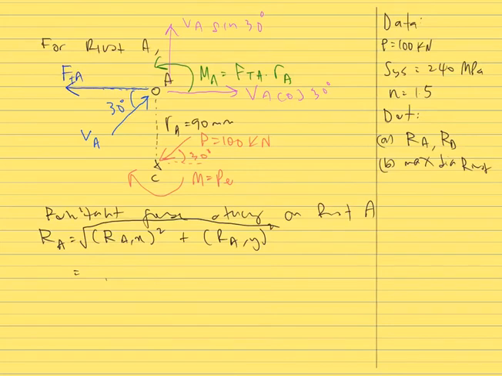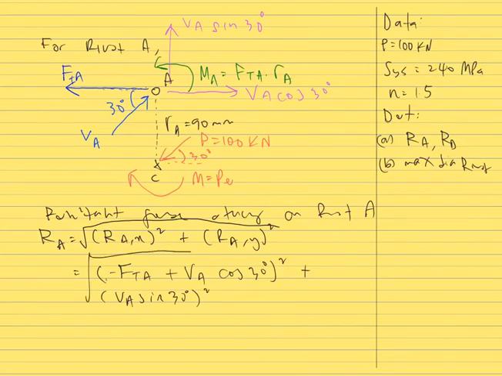So there is two force acting on X direction, which is to the left is tangential force FTA, and then to the right is direct shear force VA cos 30 degree square, and then plus with forces on the Y direction, which is only VA sin 30 degrees square. So square root all,